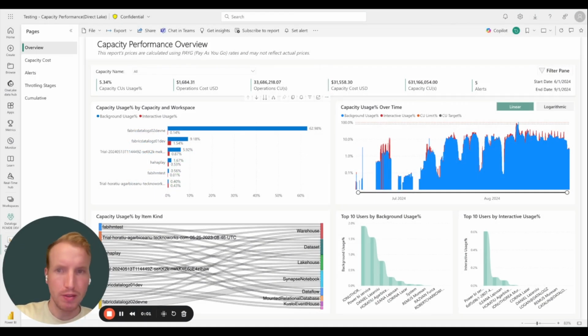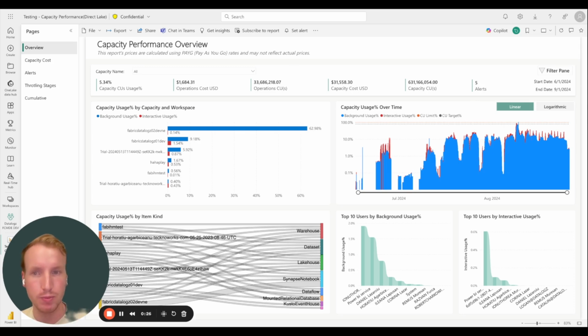Hi, I just want to give a quick preview of what's coming out regarding capacity performance in Datalogz. Rather than using the capacity metric apps from Fabric, we've been building our own version of this. We've heard from a lot of our customers that there's limitation around how the data is structured around time series versus actual events. So we decided to do some reverse engineering to actually build out a way to track capacities much better